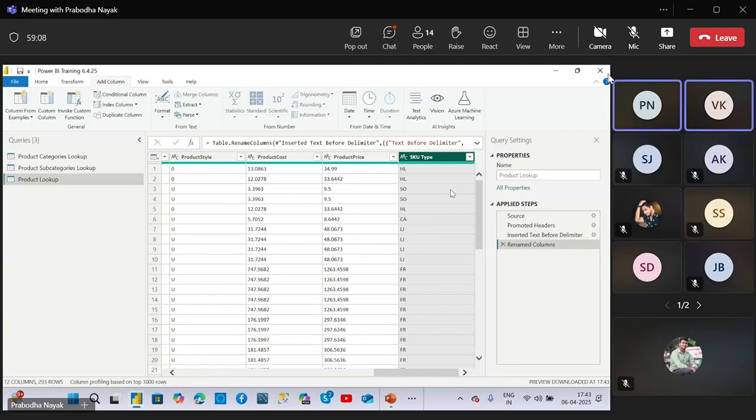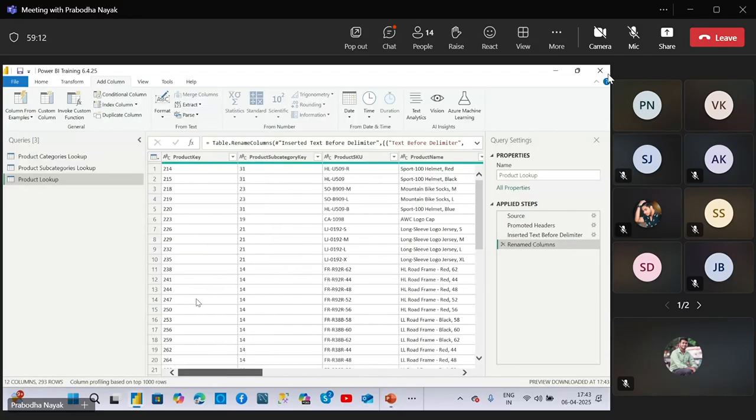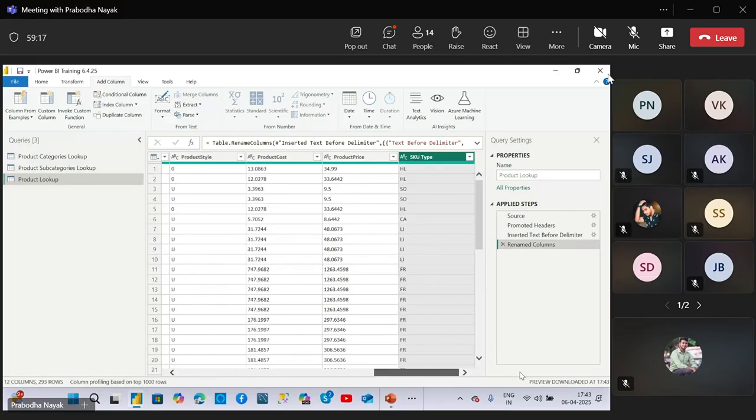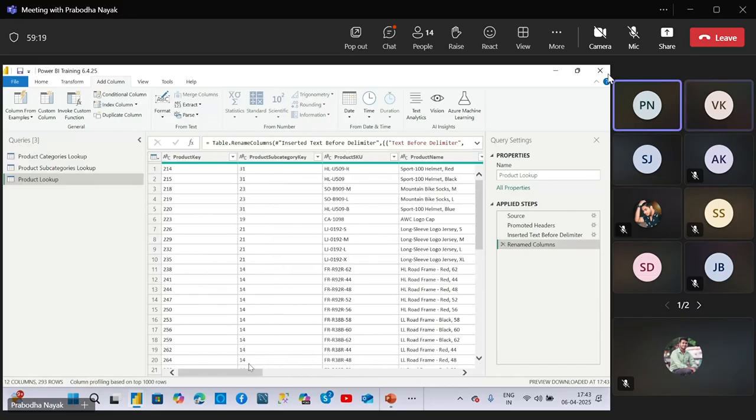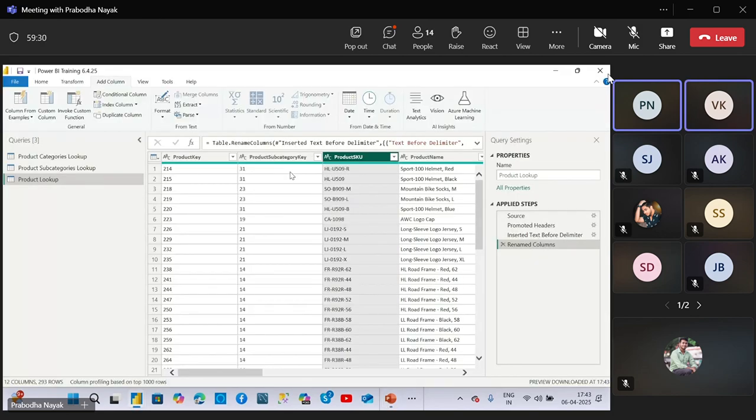Did everybody understand how I did it? No, Sir, could you please tell us one more time? So you click here, go to the Add Column step, because I need to create a new column, and my transformation is to remove everything after the first dash. So I go to Extract. You remember you have using the